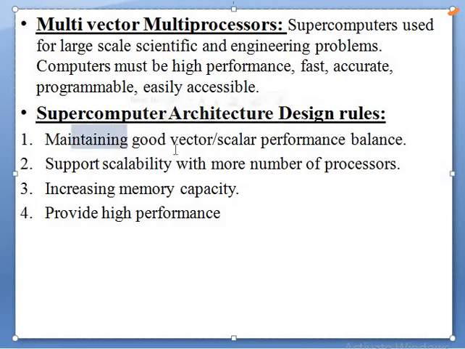It should maintain vector and scalar operations in balance. What happens if we go on calculating vectors? Some of the scalar effects are very essential and they would be neglected or nullified. That should not happen. We cannot always think the data will be in scalar mode. It will be in vector mode. So the performance of interchanging between vector and scalar should not affect the complete system.